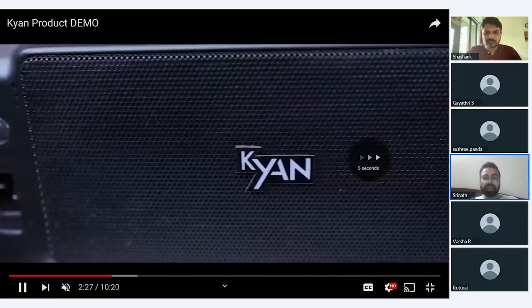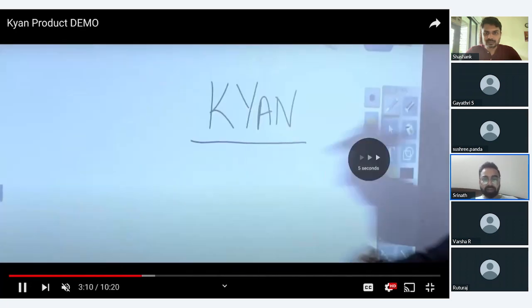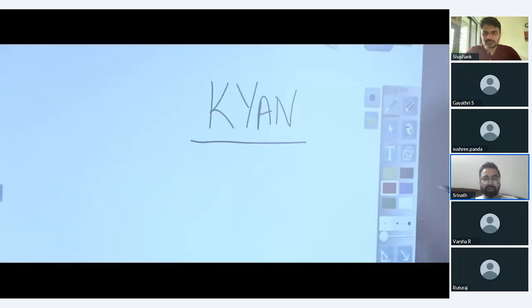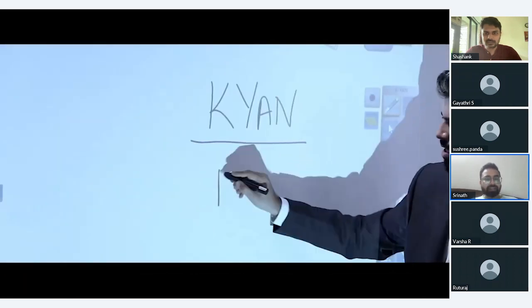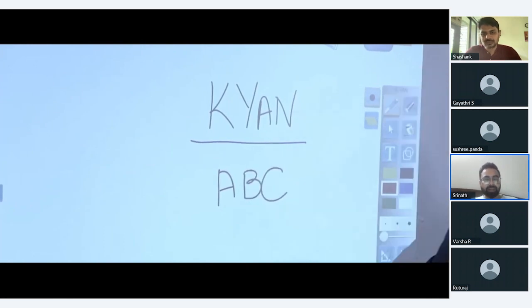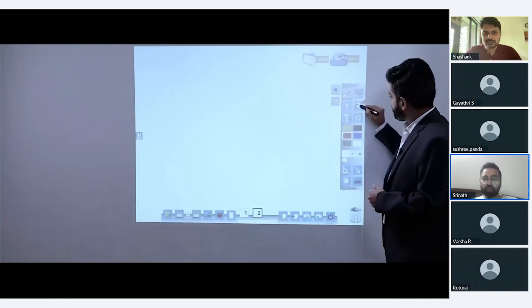It has got inbuilt interactivity. We provide you this stylus through which you can do annotation, or you can perform all the touch-based interactivity on any surface. Like, as you can see, one of our representatives is doing it on the board itself. It has got inbuilt speakers. High-end computer, as I have mentioned, it has got the capability of i3, i5 processor, and you can move it from one